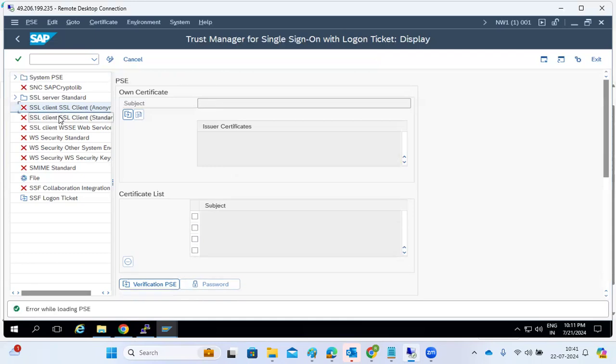Then the standard PSE. The standard PSE is a must-exist. It is the standard identification, the identity they will use. Standard identification purpose, they will use it here, the standard PSE. It must exist for SSL to work, which means